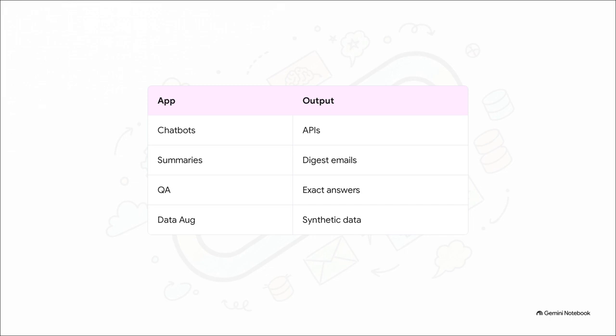For question answering, by leveraging those document loaders and vector databases, LLMs can retrieve exact, specific information from your specialized internal knowledge bases. This allows the AI to articulate highly accurate answers using information way outside its original training data. And for data augmentation, LLMs can be utilized to generate synthetic data, essentially creating brand new samples that closely resemble real data points, which is huge for training other machine learning models.